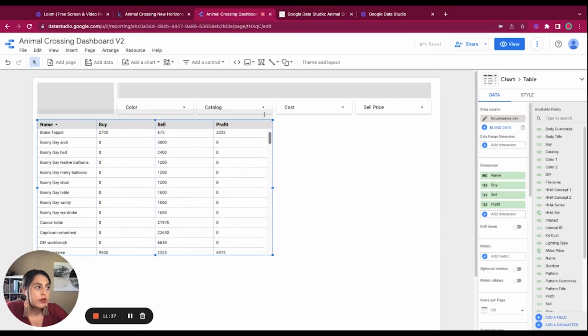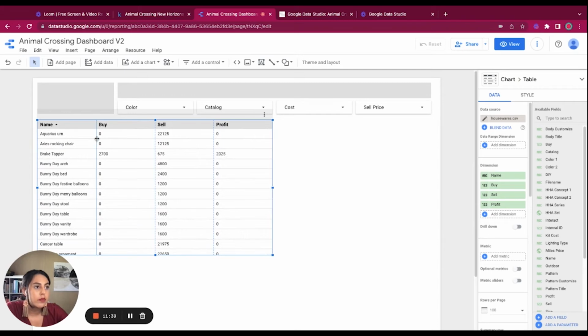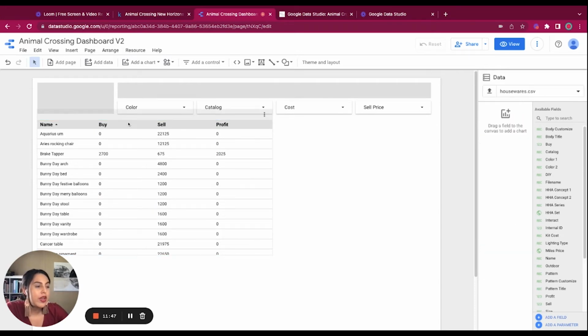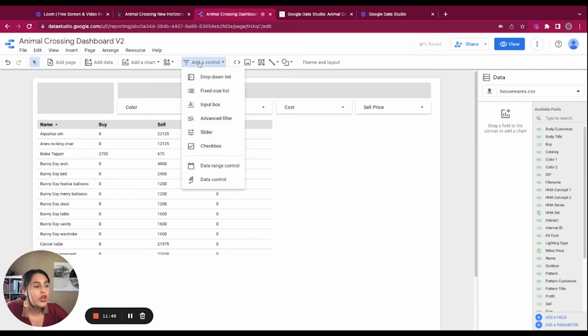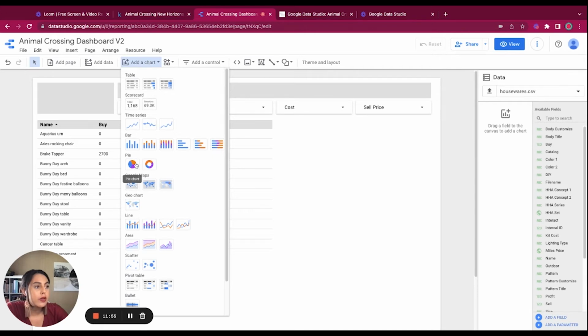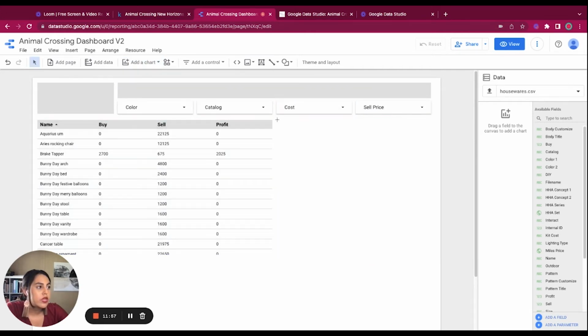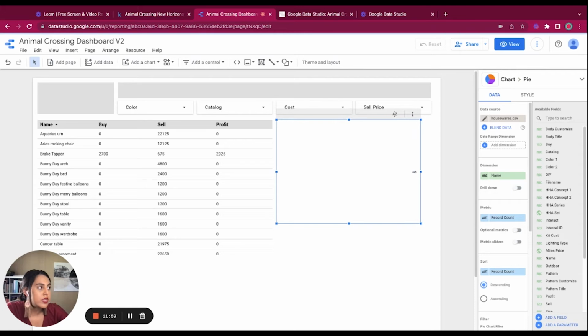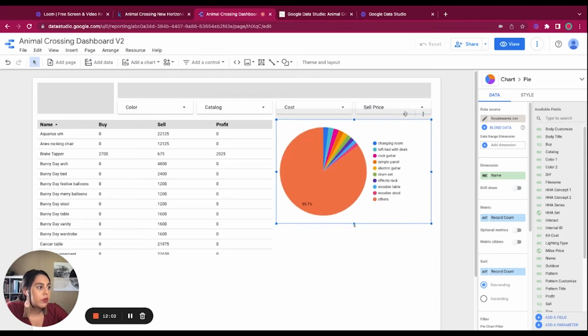If you do have a couple of fields that are a little bit longer, then you might want to get that here and just change it up a little bit. Okay, so we are good there, and we're going to add a pie chart. I want to know how many of these items are actually for sale, which are not in the catalog. So I'm going to add in a pie chart, which will easily let me visually see what is available,